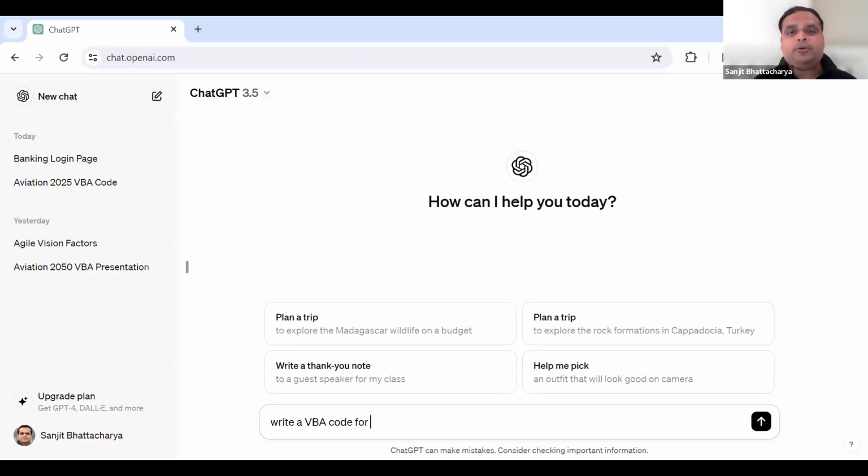Now what I want to do is create a PowerPoint presentation. But the fun part is I'm trying to write a VBA code. I'm not trying to write, I'm trying to generate a VBA code. So I will use the word generate